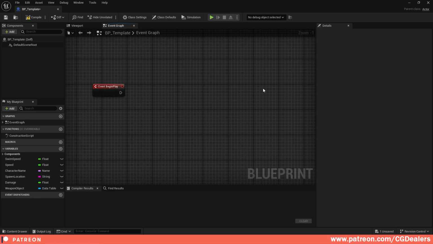This one will be very quick but very useful. One thing that we often do is we check a value: is it null? And what this node means is that it checks if the object is not null and it's not pending to kill. And when we don't make this check, sometimes your game can crash if the value of this object is